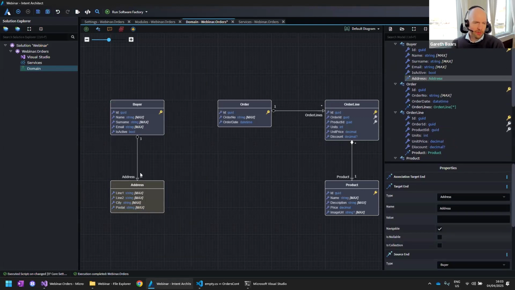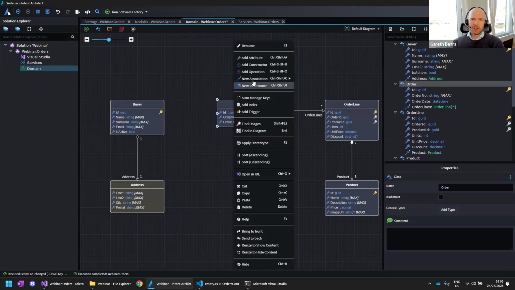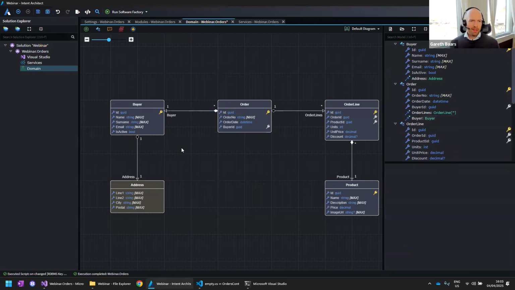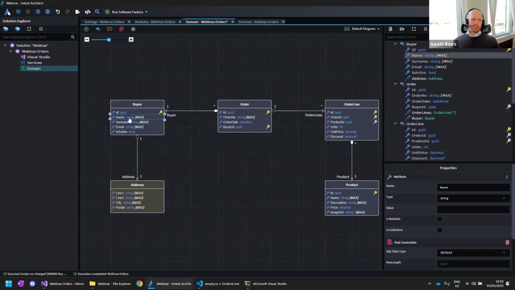So the default relationship for value objects is one-to-one, and we can go here and create a many-to-one relationship between our order and our buyer itself, so that our order must have a buyer. We can, of course, say that an order may have a buyer or not. Just set that to nullable. And then we can also set, for example, these constraints here.